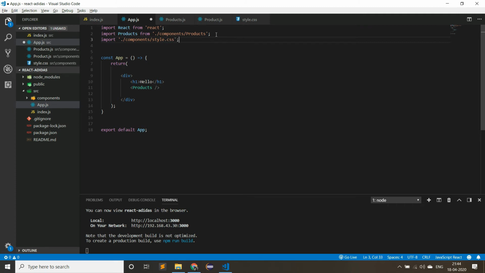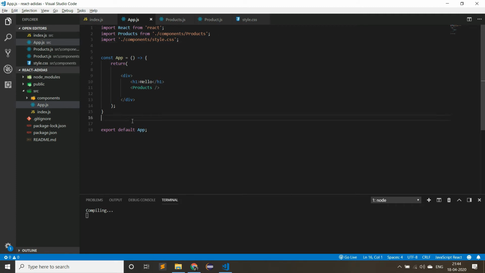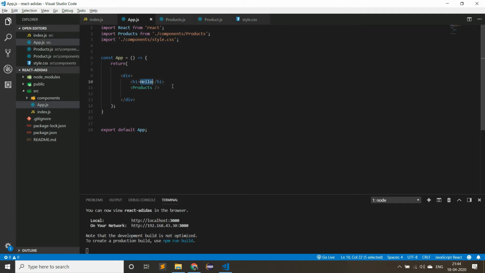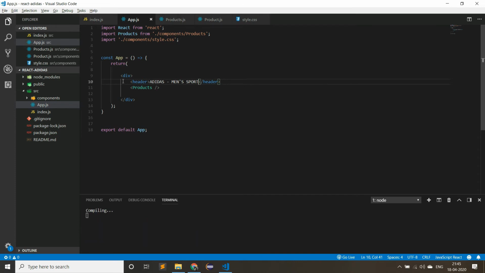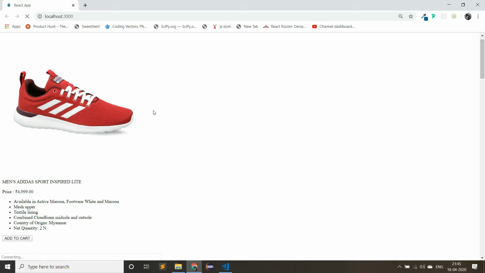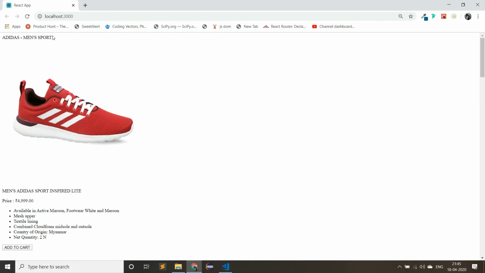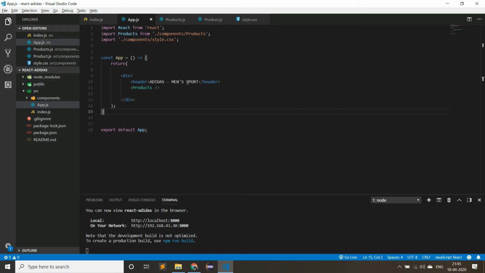And then change the h1. Change h1 as header. Inside of header, write as Adidas dash men's sport. Anything you can write. Now you can see Adidas men's sport.